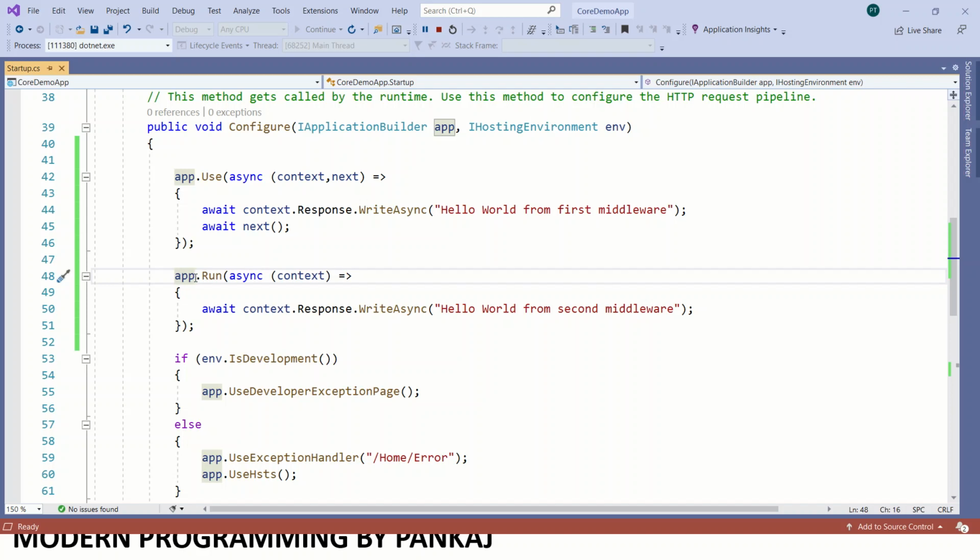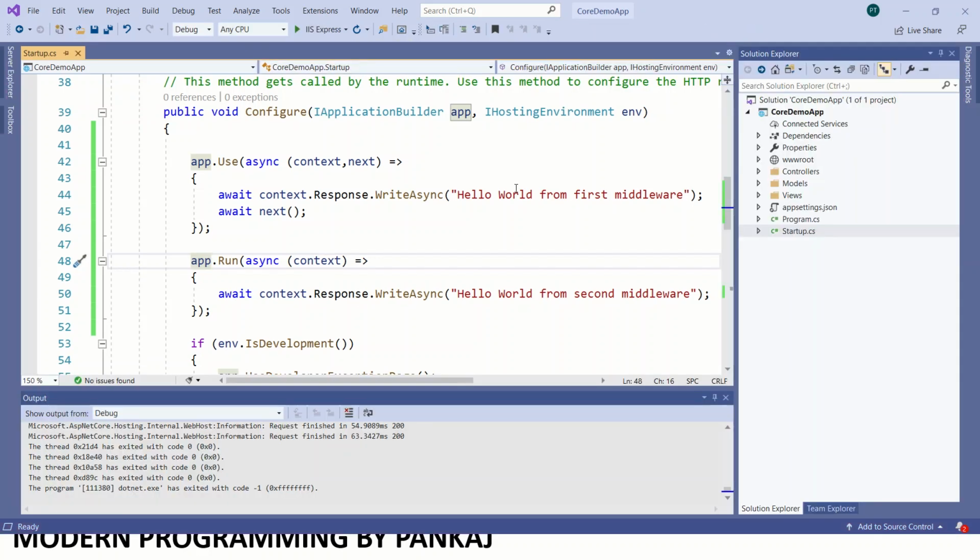Suppose we want authentication, so you can use authentication middleware. If you want to enable CORS, we can use CORS middleware. We can use routing middleware if you want. As per requirement we can use them. What I will show you is the diagnostic middleware. To use it, we first have to download it. I have used an MVC application, so it is already there. If you want to check it, you can check.